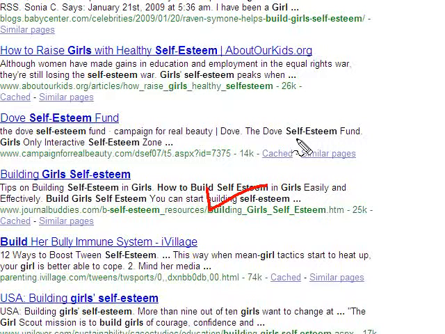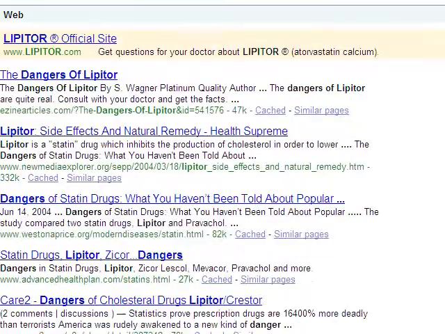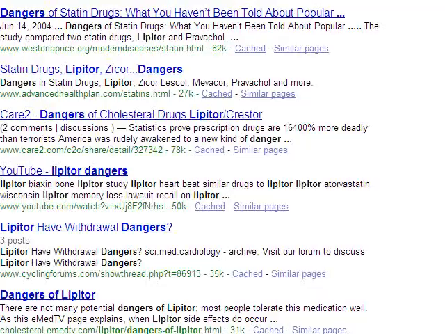And the content syndication is not complicated. It was actually done in less than 3 minutes, and the rest of it kind of happens on autopilot once you have your network built, or if you use a pre-built content syndication network like we have within the Social Media Science membership. And here is another example: dangers of Lipitor, which is becoming a more and more prevalent subject